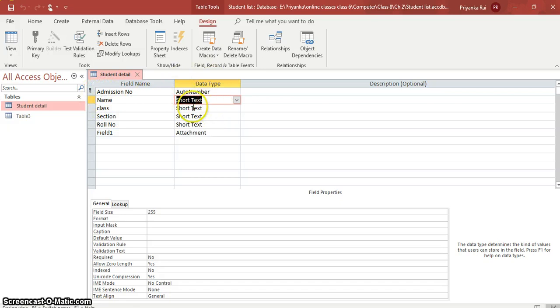Now the second column is data type. So you can type all the field names here one by one. You can type the data types. You can select the data types easily here, and you can write the description. This is for a detailed description of your field. You can describe what you want from this field, so that if someone else is using it, he or she knows what this particular field name is about.